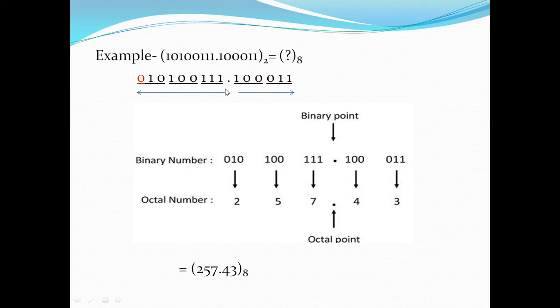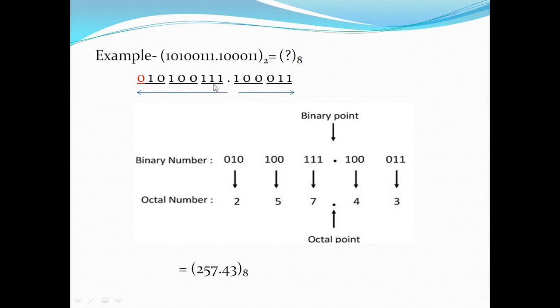Suppose we have a number with a fractional part. For this number, the most significant bit is here, 1, and the least significant is this one. And for the fractional part, the most significant one is this one and the least significant is this one. For the non-fractional part, you start from least significant to most significant. You will start pairing from this side: first pair, then second pair, and then third pair. But for the fractional part, you will start pairing from the most significant, from this side: first pair and then second pair.